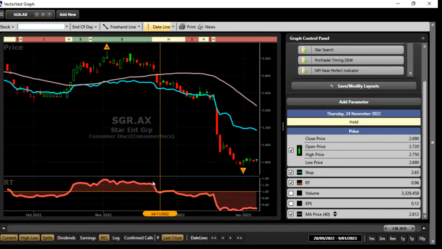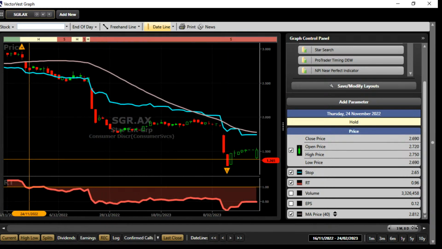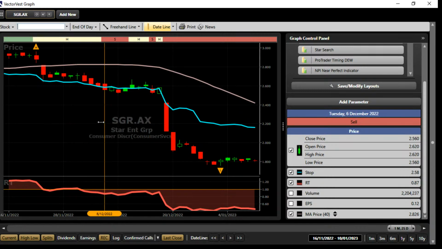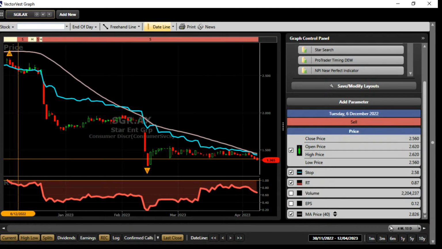So for a lot of our subscribers, that's enough to say, you know what, I'm moving to the sidelines. Relative timing is below 1. So relative timing is below 1 through the 40-day moving average, and it looks like we're just about to breach that stop line. It's just sort of holding at the moment. That might be enough for you to say, right, that's it, I'm moving to the sidelines. But if you want, you can wait until it does finally breach through the stop. There, it breaches through the stop at that point. Bang, it breaks through. And at that point, you definitely want to be out of that stock following the